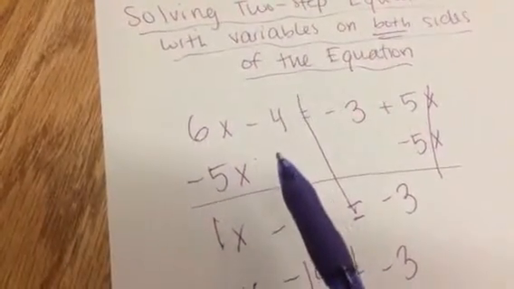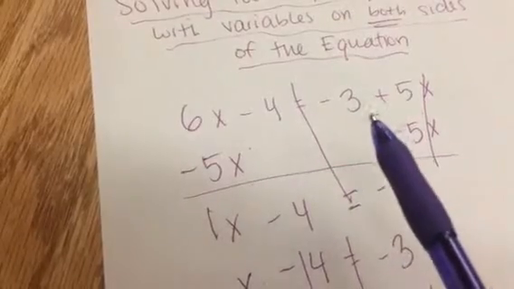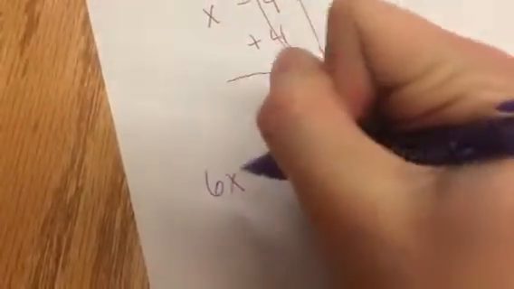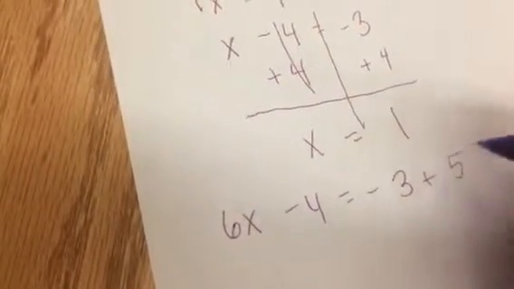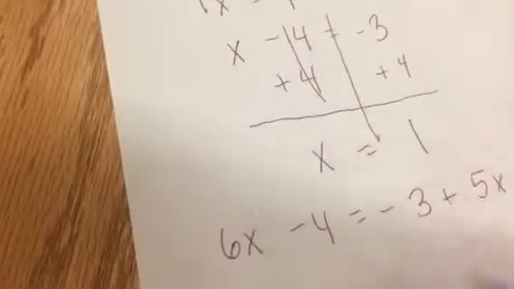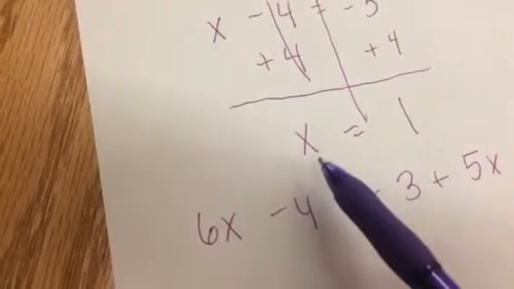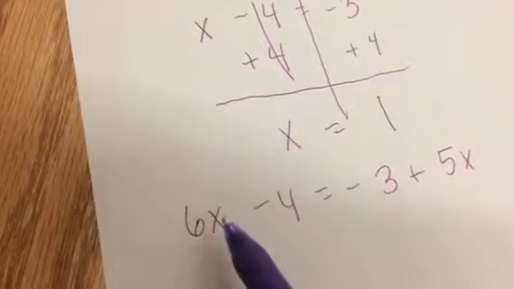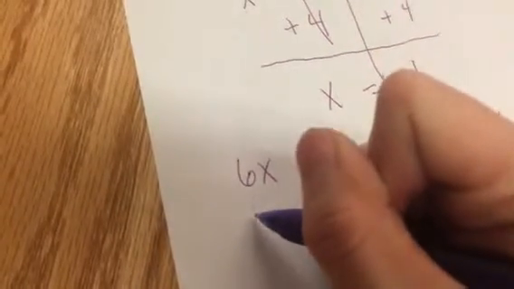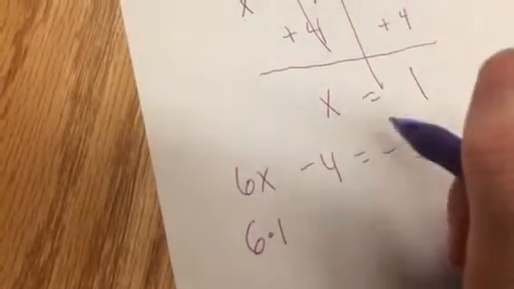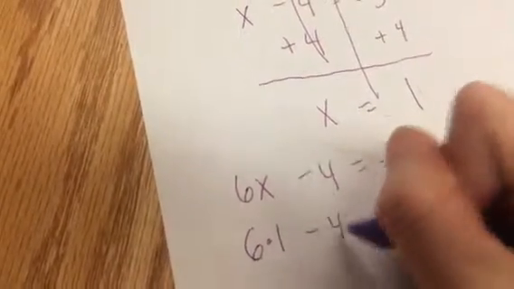6x minus 4 equals negative 3 plus 5x. So let's recopy that down here. Our equation is 6x minus 4 equals negative 3 plus 5x. And we're trying to see if x really does equal 1. So we have to plug in 1 for x, wherever we see x. So let's recopy, putting in 1 for x. So it would be 6 times 1, right, because x equals 1, minus 4